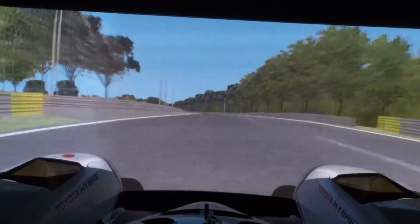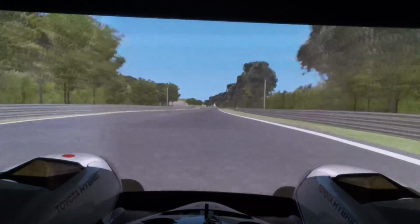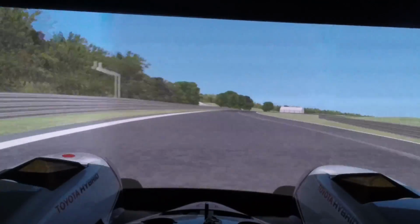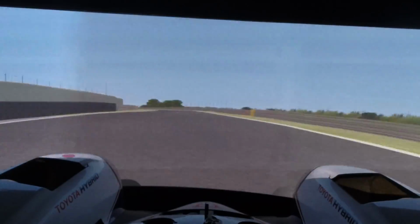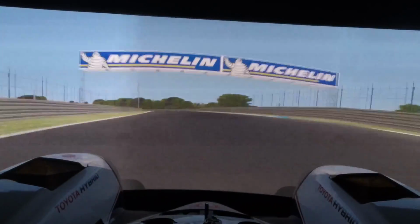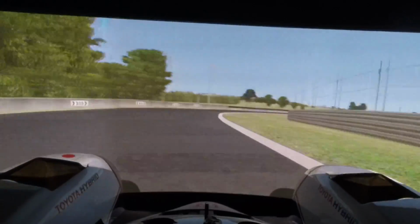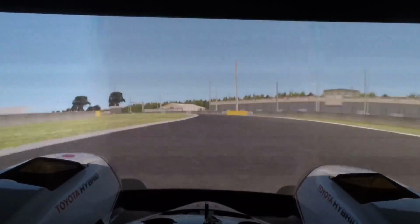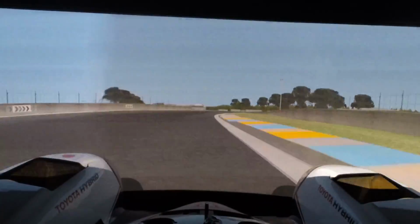So you go back up to 6th gear, above 300 kph again here. And then you enter the quickest corner of the circuit, the Porsche corners, and you downshift into 5th gear, go flat for the second one, stay flat for the third one, and then downshift into 4th gear for the Corvette corner. You go back on the power, 5th gear for the karting corner, and then you arrive into this very